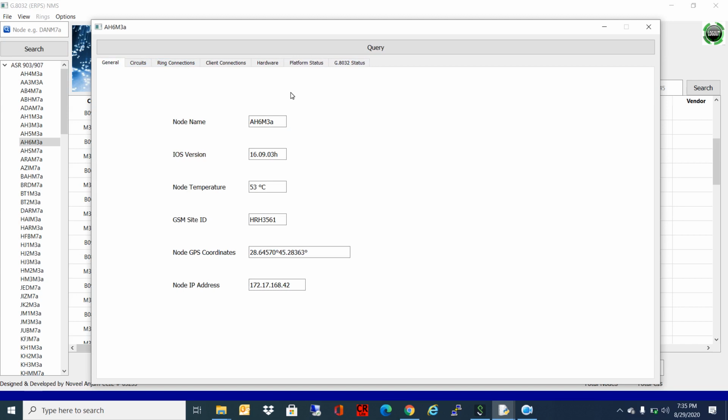So what is the purpose of this network management system? If we have any complaint, we have to consult the design. Once we open the design, we will find out the involved devices for that particular circuit. Then we have to log in into the router and we have to execute a bunch of commands. It will take some time, and then we have to extract the information and then we have to analyze that information. So to speed up this process, this NMS will help us, and all the information will be available in a few clicks. It will save our time, and the information is centralized over here.